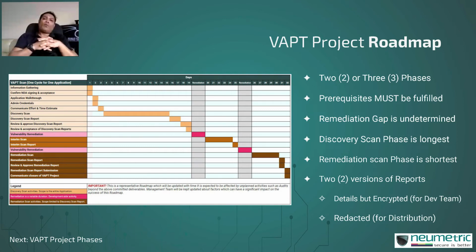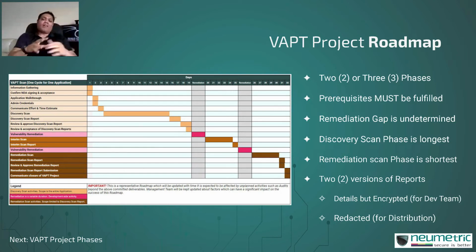So what you should end up doing is that you obtain your raw VAPT report, which has got everything in it. You encrypt it and share it with the engineering team. Simultaneously, you remove all of the details from the VAPT report, redact all of the information that you could consider as PII, keep the summary information, and maybe the generic information in the VAPT report, like what is the scope that you used? Did you use OWASP Top 10? What was the checklist that you used? Which of the vulnerabilities passed? What was the outcome of the pen testing result? And outcome as in aggregated outcome, not the details of it.